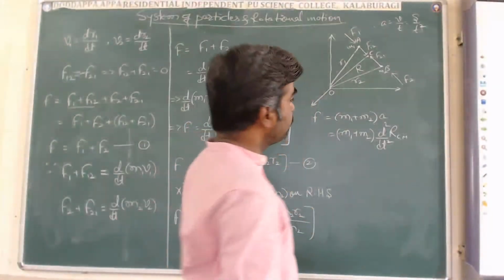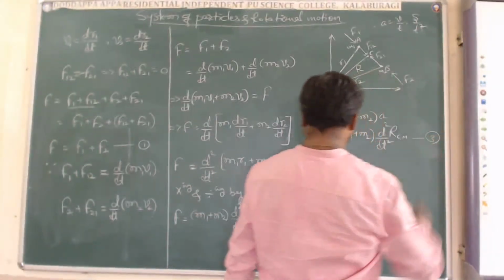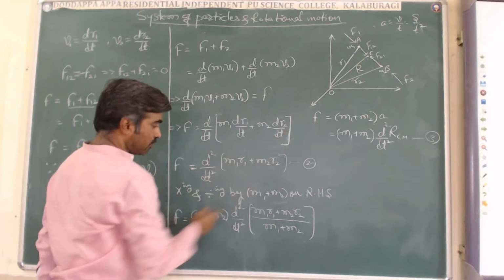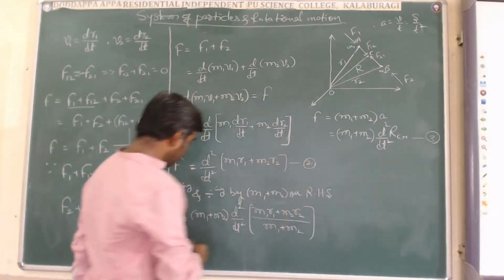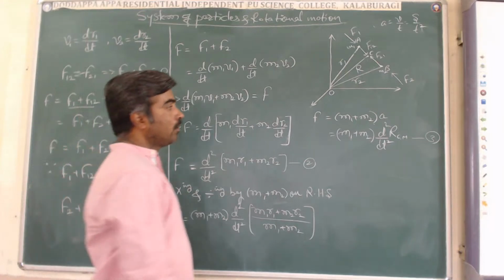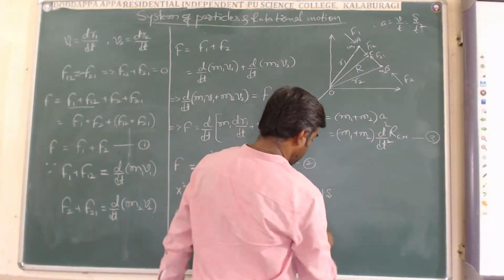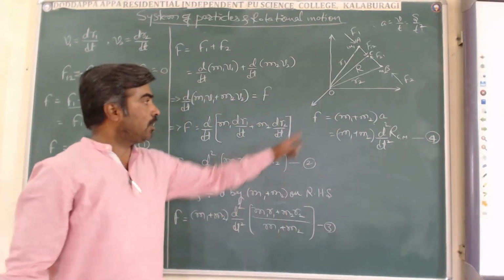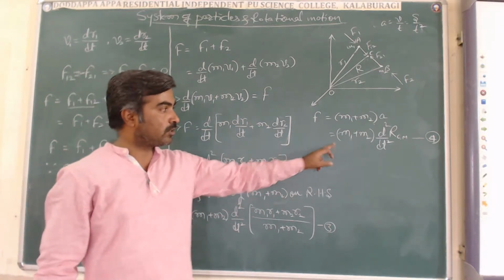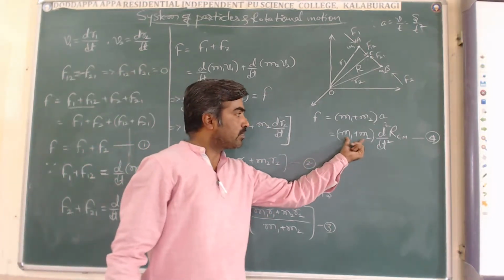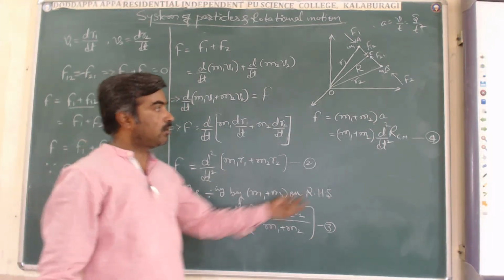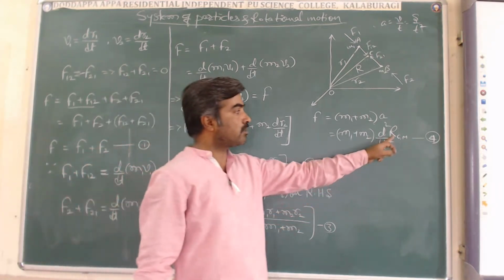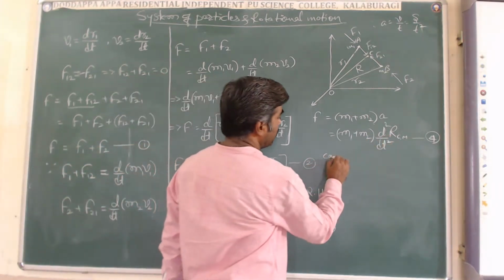Let us consider this as equation 3. Here we should compare these two equations. Here also we have F, and here also we have F. Let us consider this is equation 3 and this is equation 4. The LHS are the same. When I consider the RHS, we have m1 plus m2 and d square by dt square on both sides. Then in place of RCM, comparing